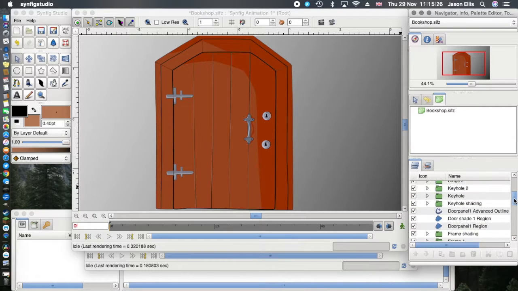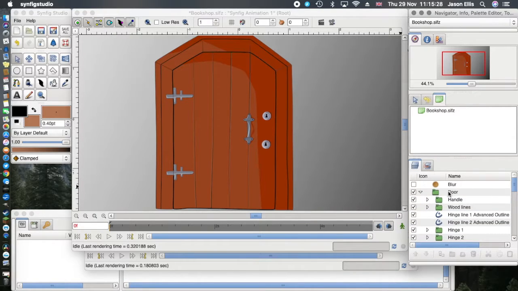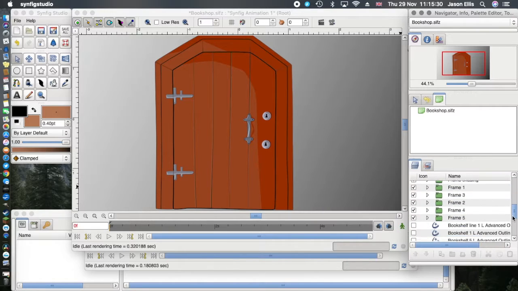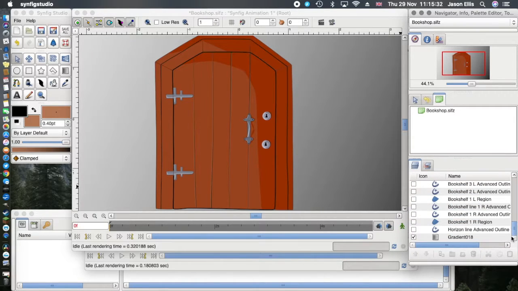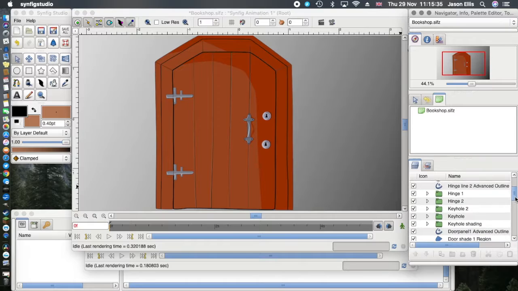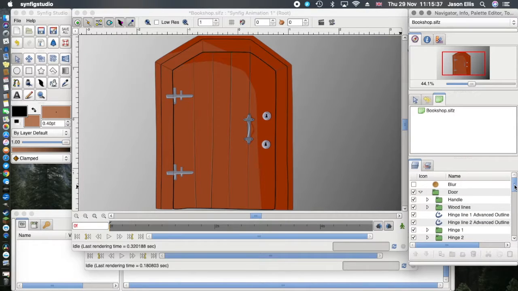Right, let me just double check, because I think that's our door all done, if I am looking correctly at my ticks. Yes, that is my door